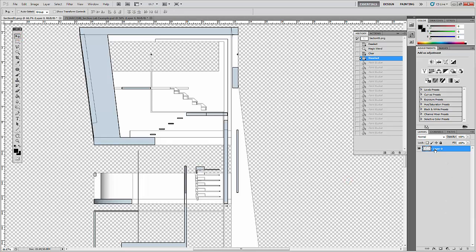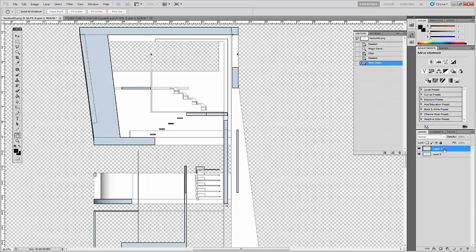Now, remember we said layers function like transparencies or trace paper, so you can layer a lot of layers on top of each other, and you can move things around. So what we're going to do is create a new layer, and you can double click on the name here and rename it, and just call it, let's say, poche. It's always a good idea to rename these. So in this case, I'll rename layer 0, let's say base drawing, for example. Right, so this is poche,